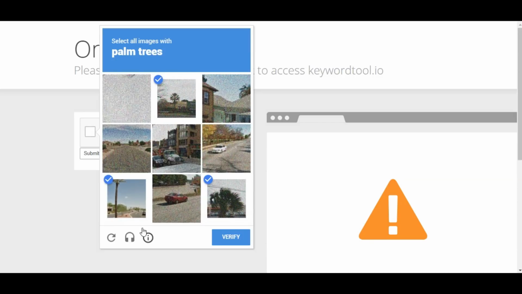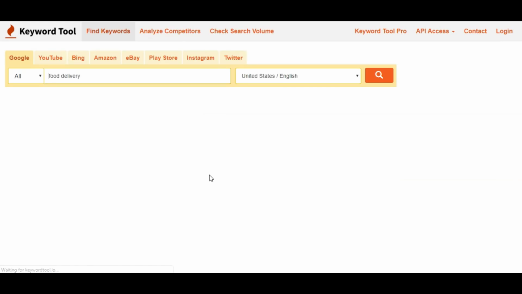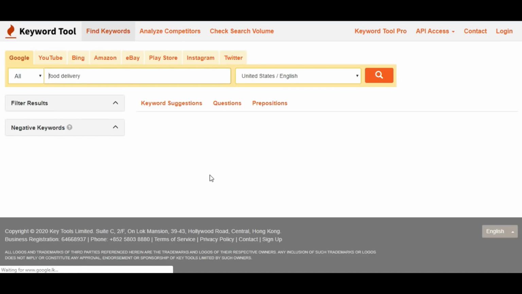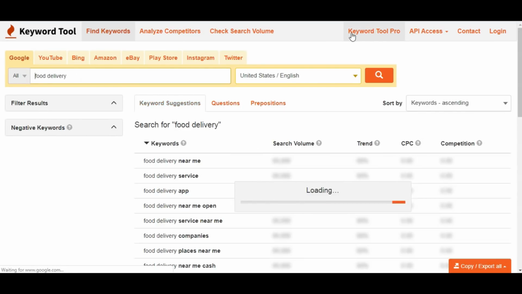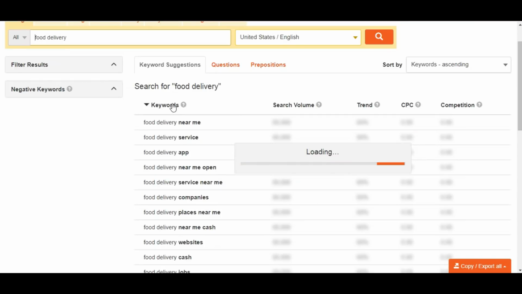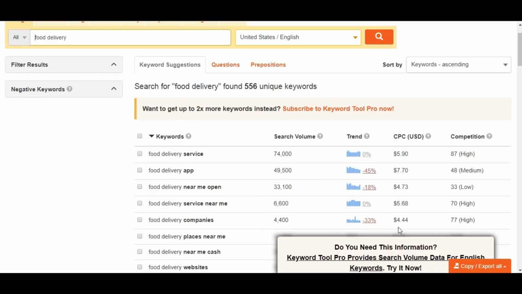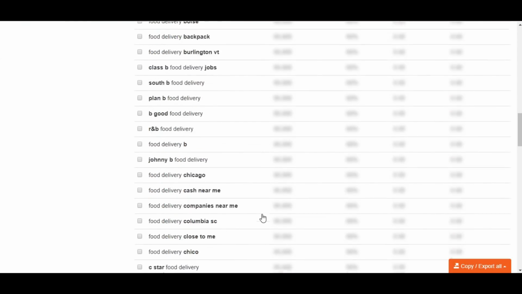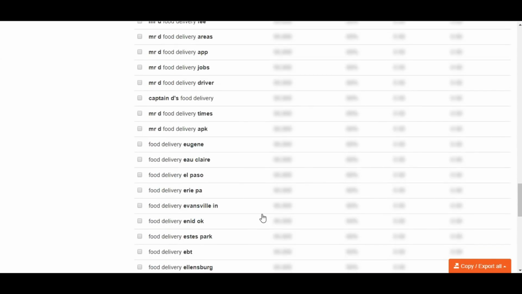Sometimes it is really annoying, if your signal is weak, it will take more time. Now it's working. So this is actually a pro tool, seriously a pro tool, but you can get a good list from here. Okay, see this? You get a good list from here.